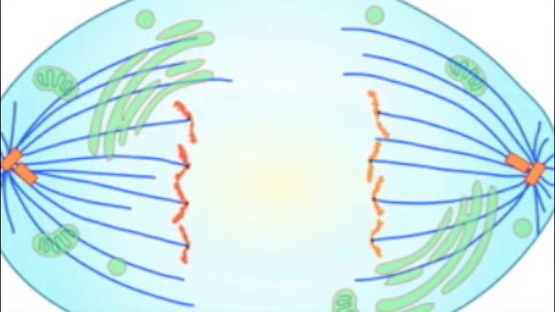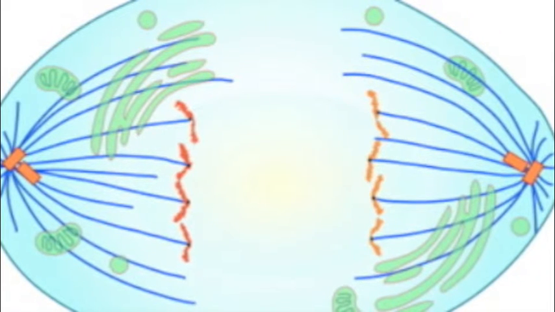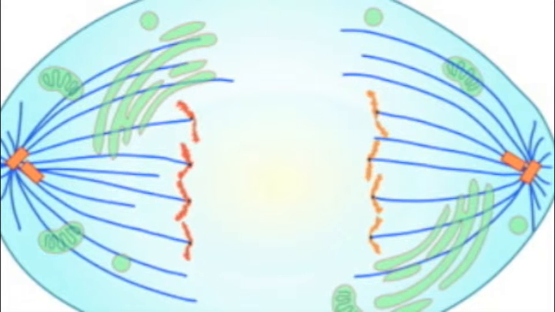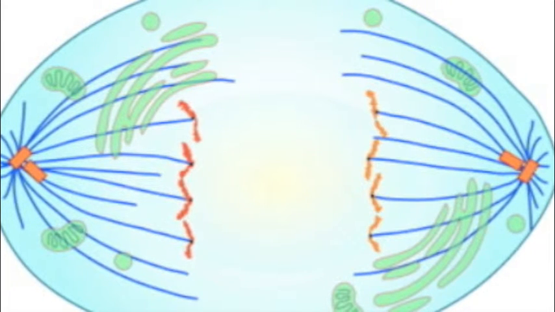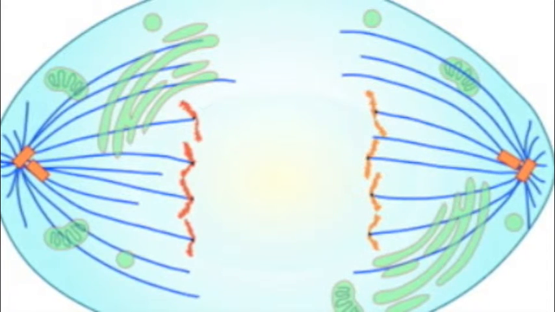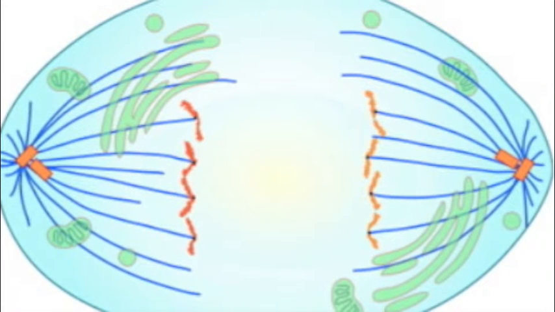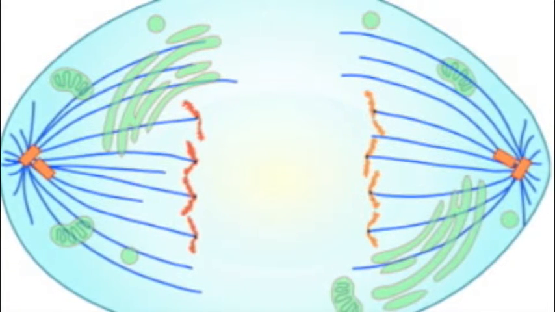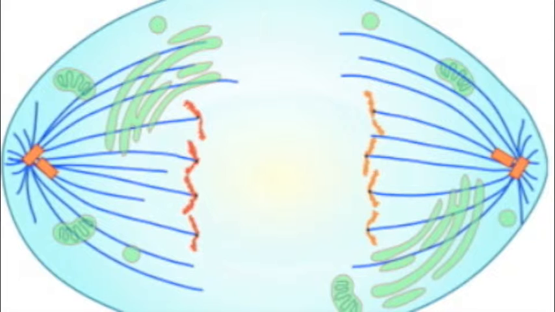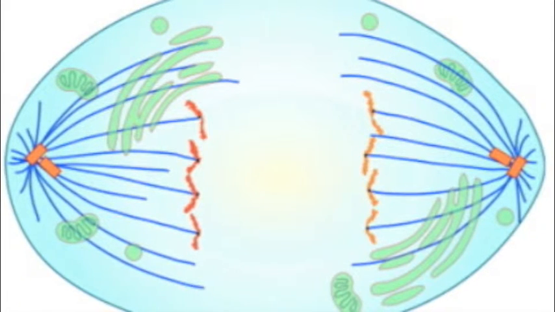Anaphase is the shortest phase of mitosis. Anaphase starts when the sister chromatids of each pair separate and become their own chromosome. These new daughter chromosomes begin moving towards opposite ends of the cell as the kinetochore microtubules shorten. The cell elongates, and by the end of anaphase, the two ends of the cell have identical and complete sets